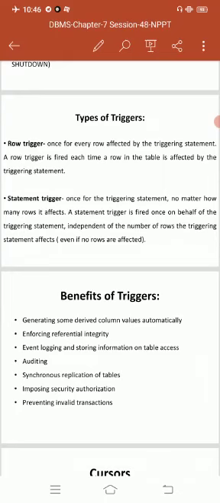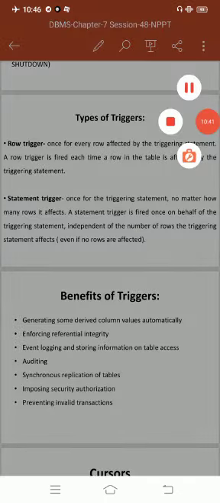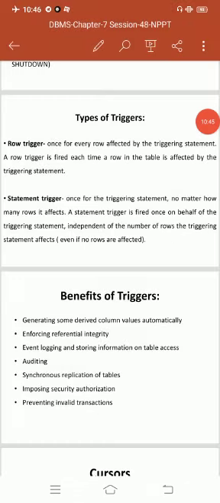It is used when the triggering statement should complete before execution of the trigger action. If a before trigger is already present, an after trigger can perform different actions on the same triggering statement.